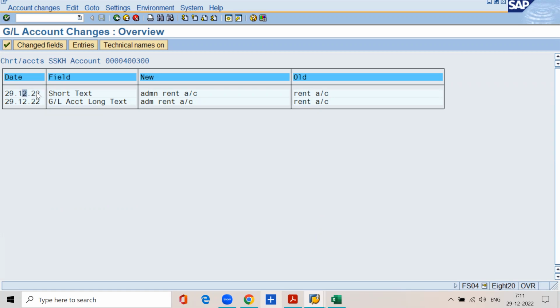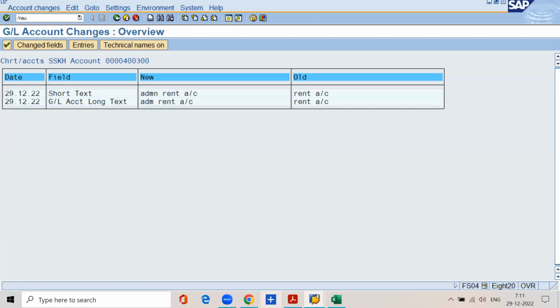Now, here, one thing you remember, this date is in Indian format: date, month, year. But in USA, we use first month, then date, then year. So there are some USA students, US nationals also, who are very much habituated to entering the date in the format month, date, year. In that case, where can we make the changes? Whoever wants to use the USA format date,